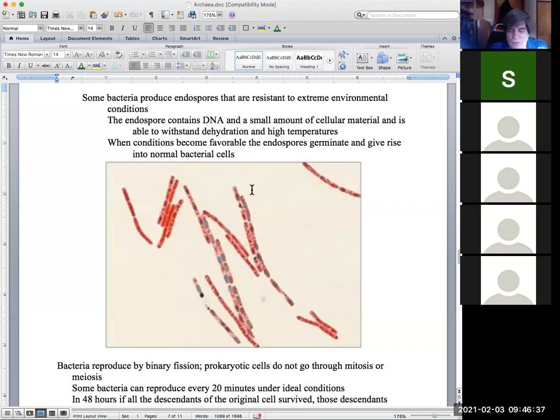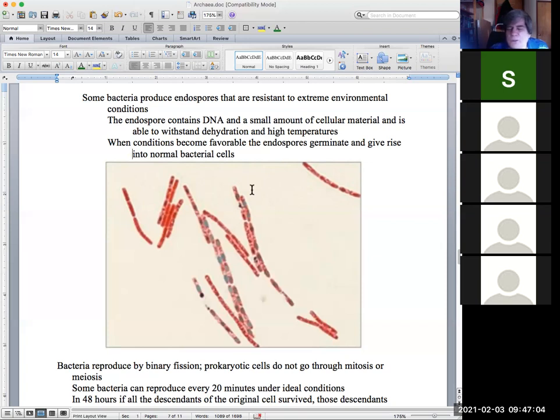Now, you might wonder, why is this important for bacteria? Well, for one simple reason. This allows them to survive conditions that would otherwise kill them. Okay, that's great for bacteria, but why do we care? Because some of the bacteria that produce endospores